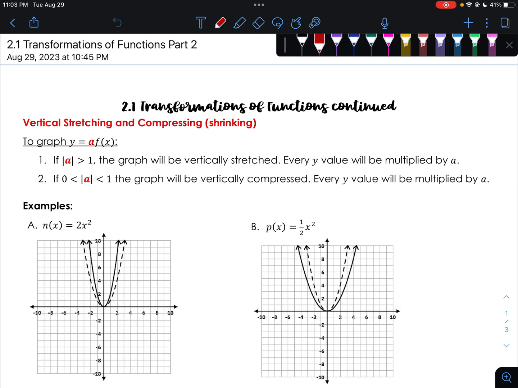Hi everybody, this is 2.1 continued, transformations of functions. In this video we're going to talk about stretching and compressing